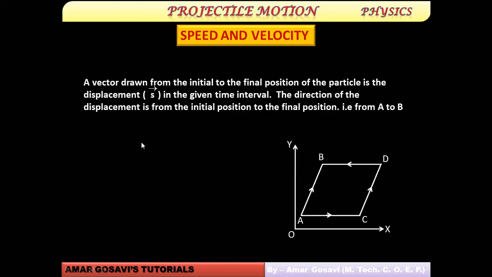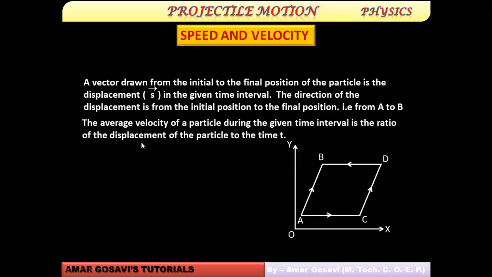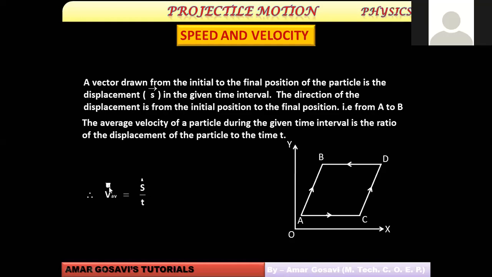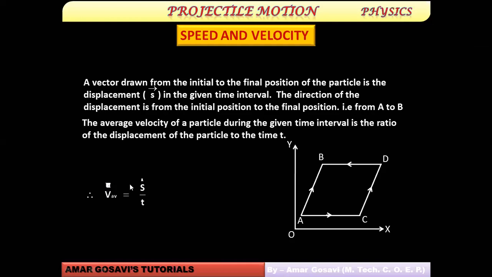So let's define average velocity. It's the ratio of the displacement of the particle to time t. So you can see it will be defined as displacement divided by time. Whatever notations you see on top of any quantity, that's an arrow. This represented a typographical error over here, just put it as an arrow. Why an arrow? Because it's a vector quantity. Vectors are represented by an arrow on their head.